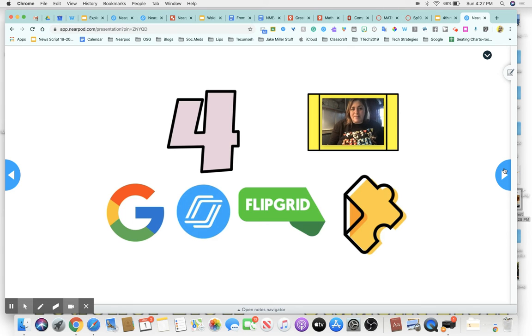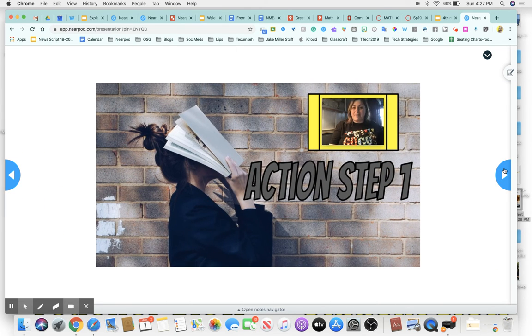So now let me introduce what I think the 4 strategies should be. Okay, so here we go. Action step number 1, not strategies. I didn't mean to say strategies, but the 4 action steps that address the strategy. So action step number 1,